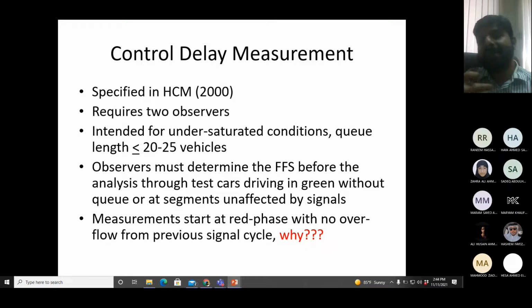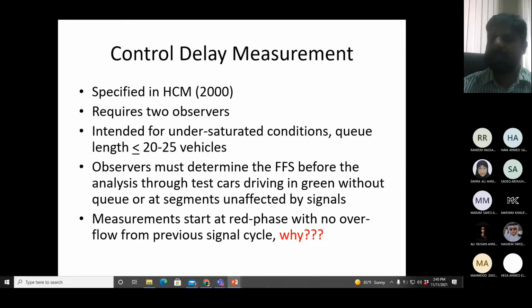So you go behind the intersection on the same highway and measure the speed at a spot where there is no effect of the queue or the intersection. For example, the queue is normally 100 feet behind the intersection. So you go maybe 300-400 feet behind the point where the queue normally extends, and find out the free flow speed there. Okay, so this is one way of doing it.